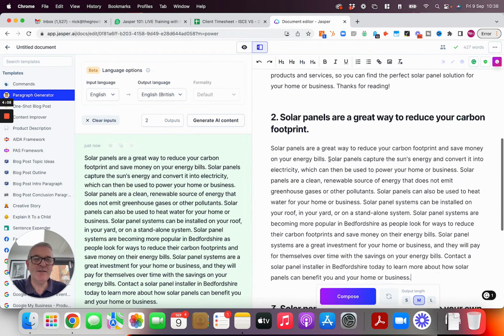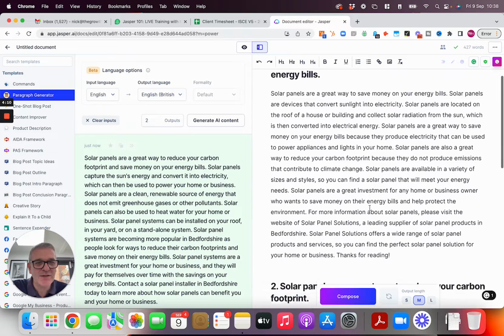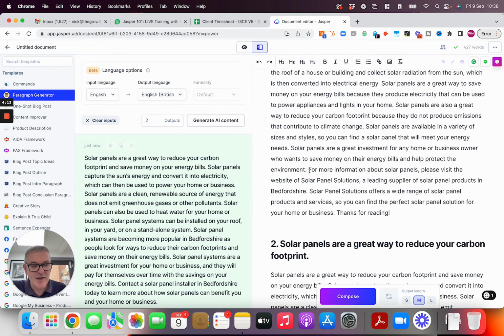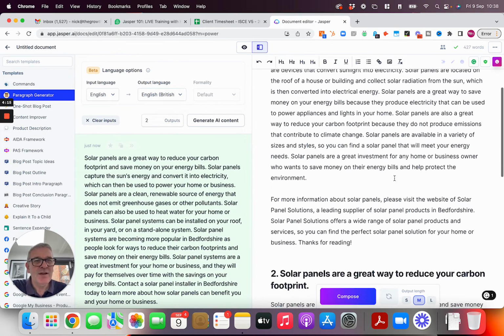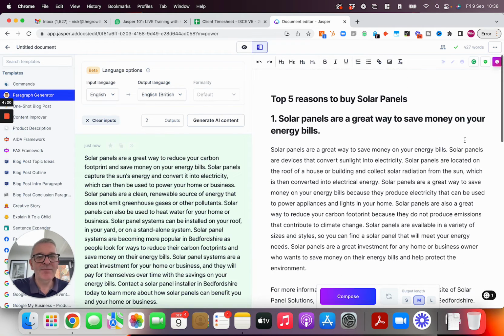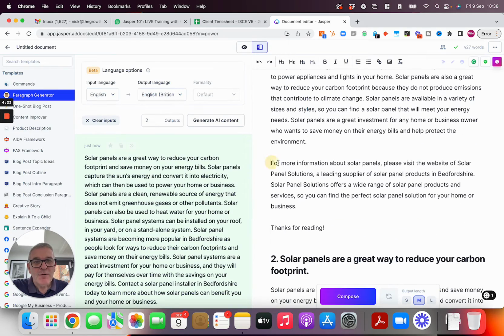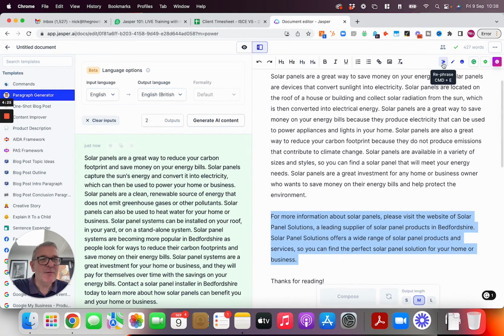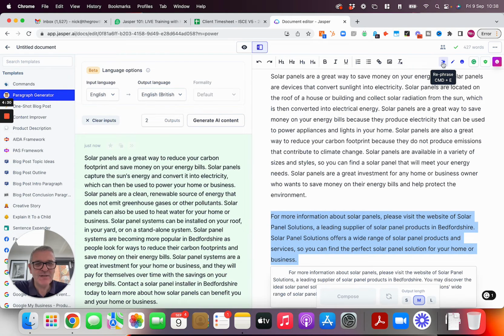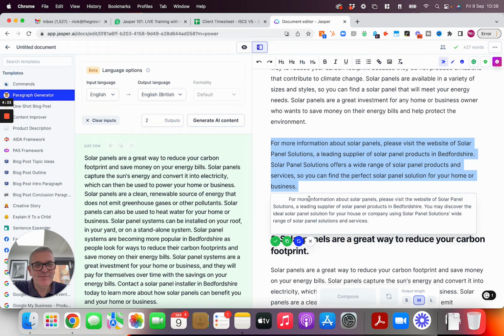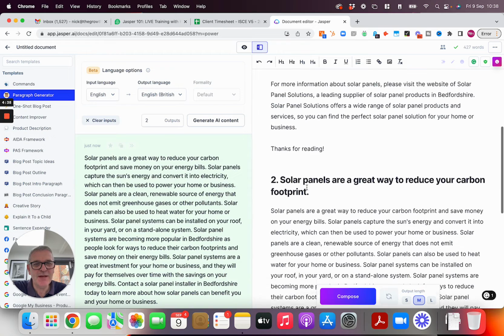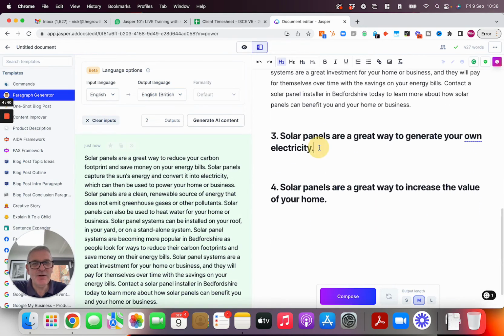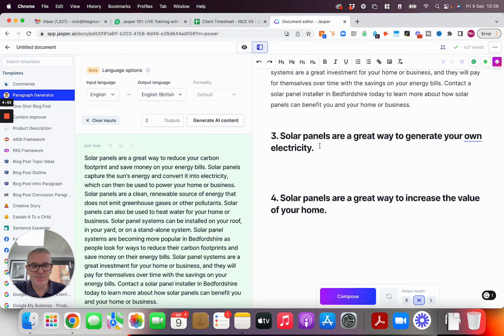Now, of course, what you need to do is make sure you read through the content, make sure it makes sense, make sure it's not too repetitive. You can actually run another process up here. For example, this panel here we don't really like. We could just ask it to rephrase it. So what happens then, it gives us an alternative which we could copy and paste in there. So as you can see, we've very quickly started to build up a